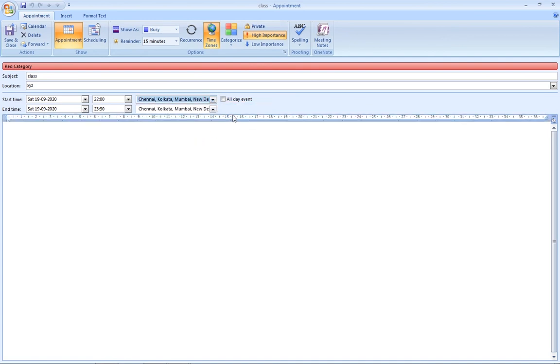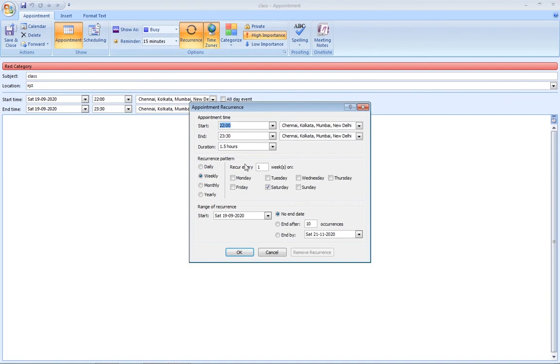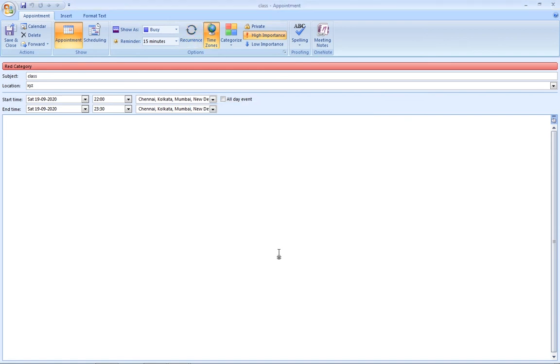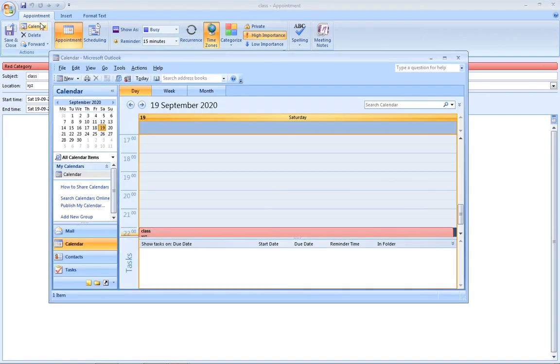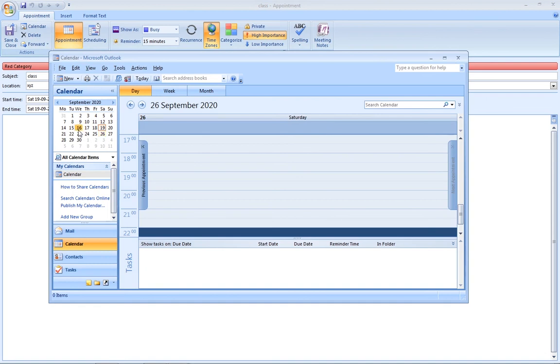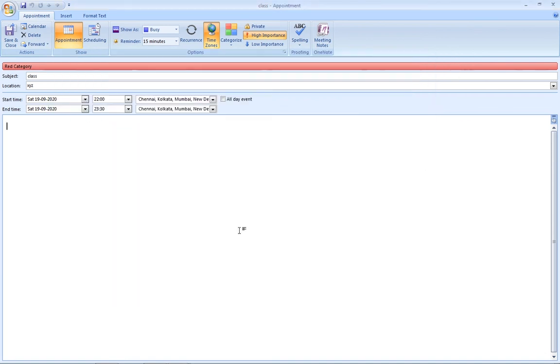Okay, that totally depends. You can add sticky notes here, you can present the sticky notes here. Okay, recurrence, you can select the recurrence, how it will recur in the same timing or the same day or any end date. That's totally fine, depends upon you. Okay, and calendar, you can mark the calendar also. Okay, that totally depends upon you. So these are the basic steps and basic points for how to create an appointment. Just save and close it.